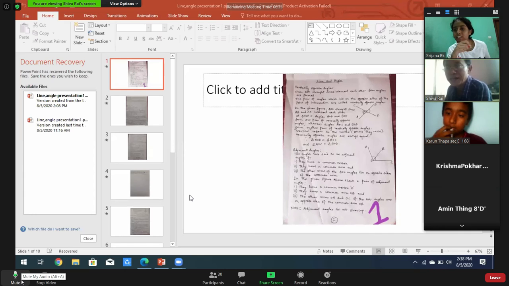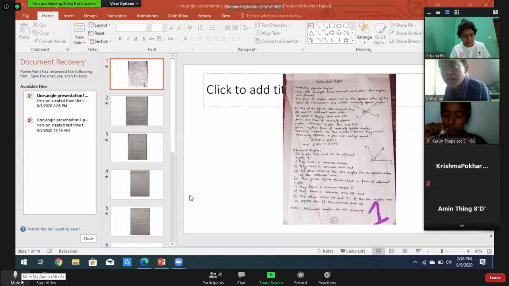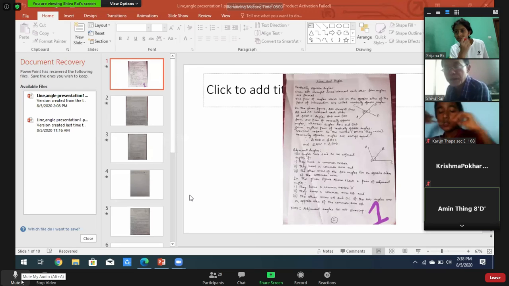But you have to give the reason. Not only that much. Look, corresponding angles are formed with the parallel lines. If they are not formed with the parallel lines, they are not equal. So give the reason to the point. Okay. Now after this, look here.